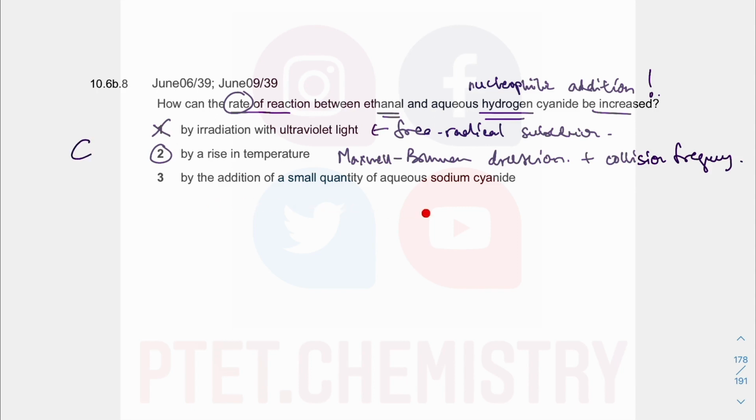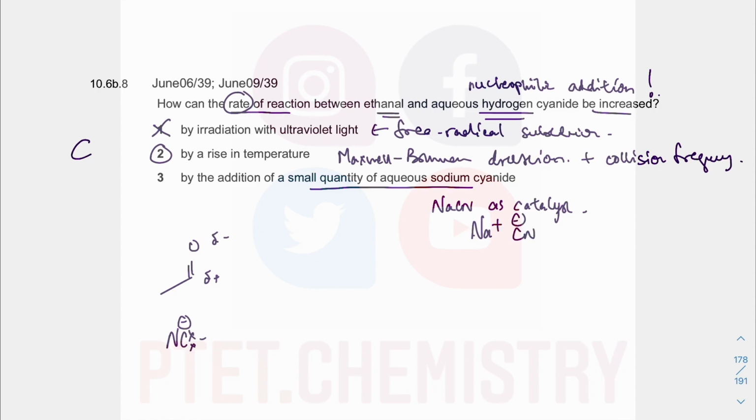I'll just check option 3 just to make sure. Indeed, we use a small amount of aqueous NaCN as catalyst. In fact, if you remember your mechanism, if you have ethanal, which is an aldehyde, delta plus carbon, delta minus oxygen, the first CN minus that attacks the carbonyl is not from HCN, it's from the completely charged nucleophilic Na plus CN minus. Okay, so it's actually from the catalyst,